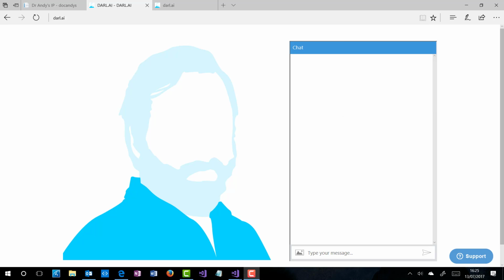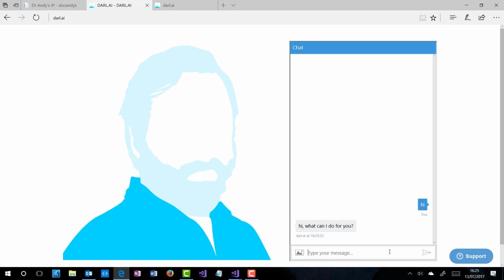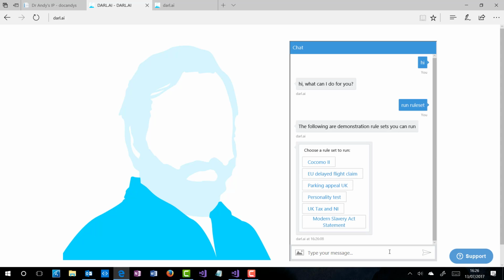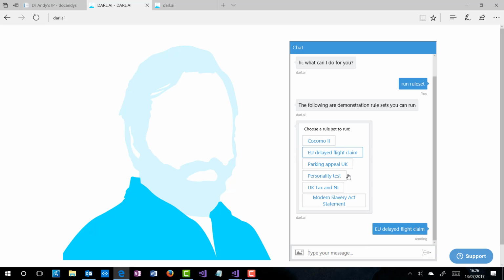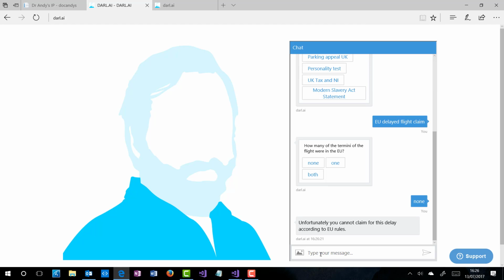At the moment, though, we've just got it running provisionally with our built-in personality. So this is it here. You can just talk to it at any old time by saying something like the obvious, and you can do various things with it. If you want to run a rule set, for instance, you can simply say run, if you spell it right, and it shows you the set of demo rule sets that were originally built into the other bot, and you can run any one of those, like the EU flight claim thing. I happen to know that if I say none of the terminal, it just bombs straight out of the rule set again. So you can run rule sets,